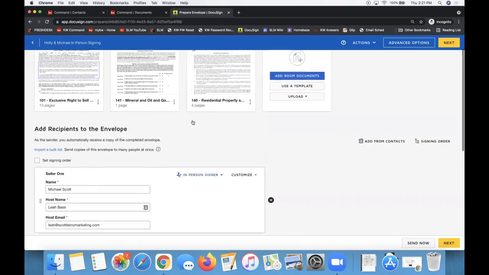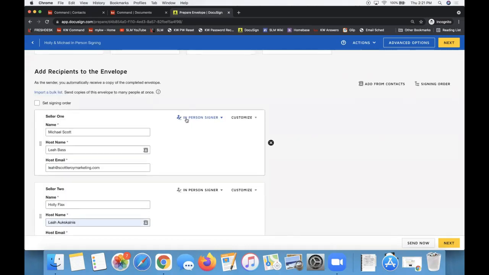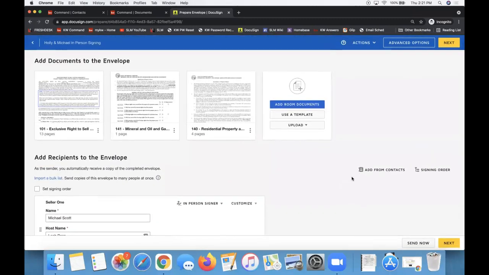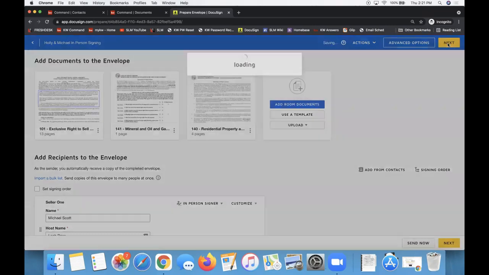So all we've done here, once we click Continue, is click in-person signer. We're changing that role to in-person signer. When I do so, it will prompt me to put in a host name, which is just talking about you as the agent. Whose computer are they signing from? You can just watch on my screen if you would like to, but I'm going to click on Next on the top right. This is where it'll prompt me to go ahead and give that to my clients now. So if I click on Next on the top right,